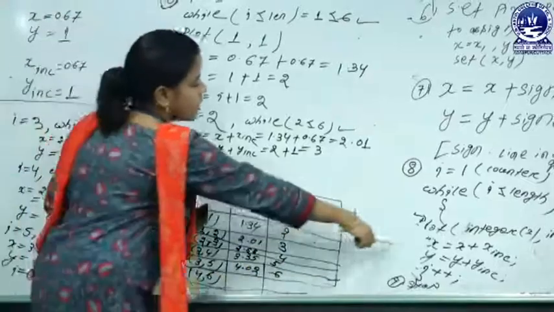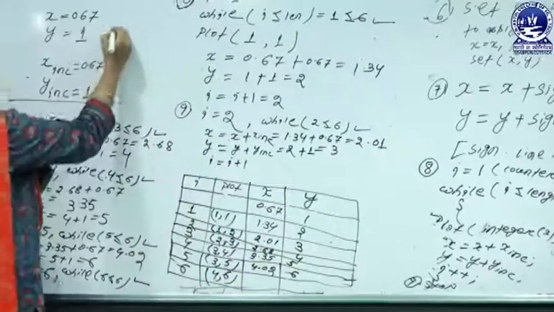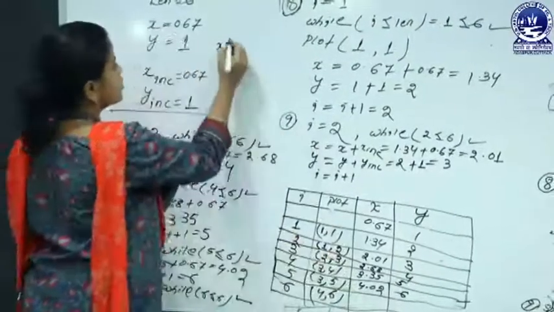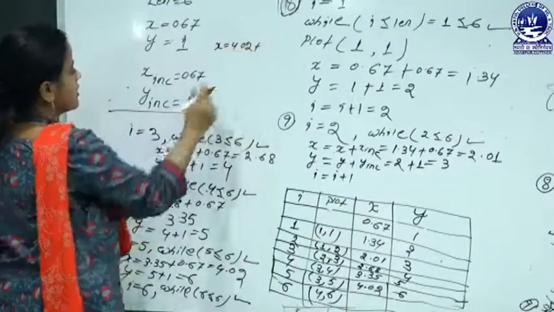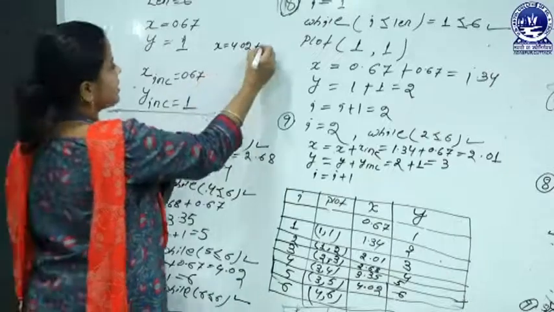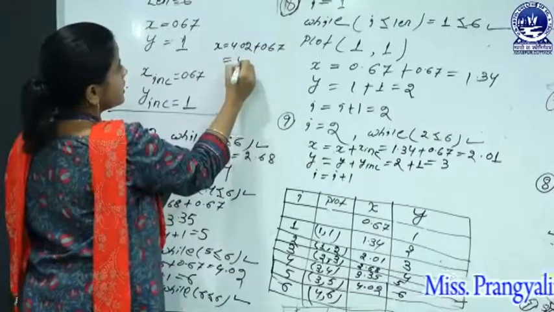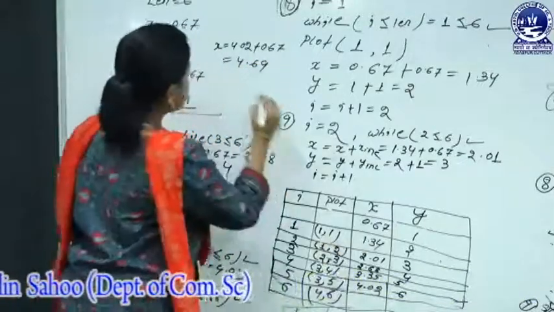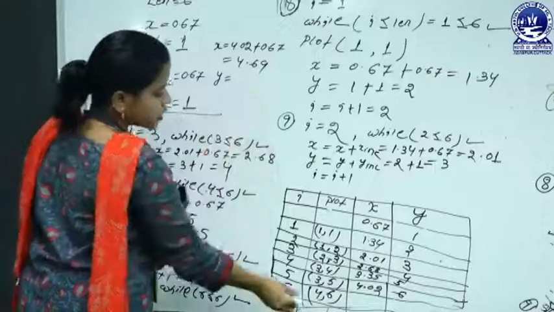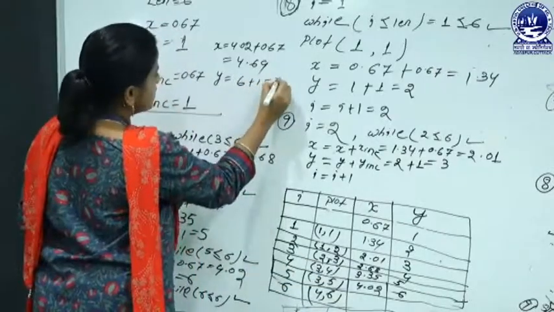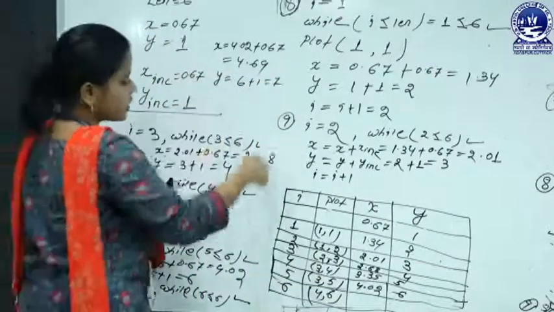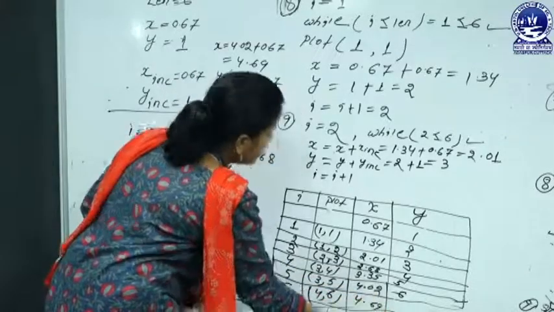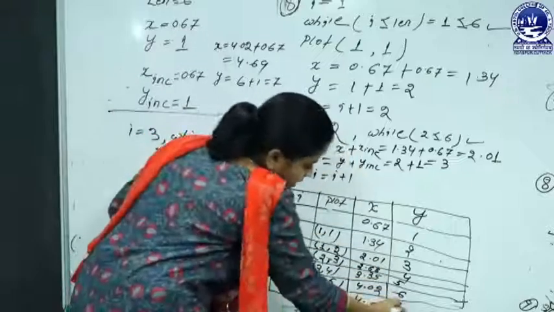So now to find the newest coordinate value x and y. Here x equals the previous x, which contains 4.02. So 4.02 plus the x incremental value 0.67, that's 4.69. Okay, then finding the y coordinate value in a similar way, previous y contains 6 plus 1, that's 7. So now to present this coordinate value in table format, here the x coordinate is 4.69 and the y coordinate value contains 7.